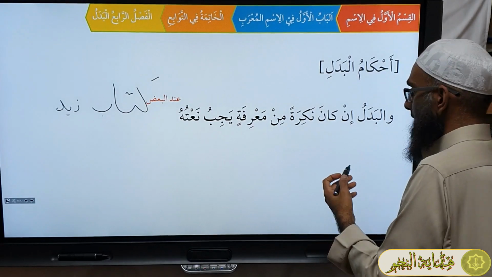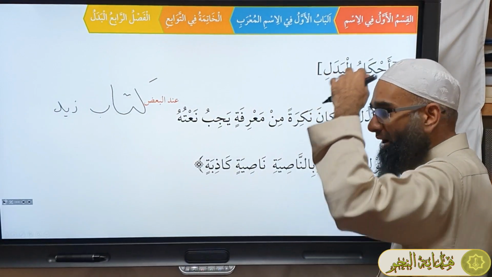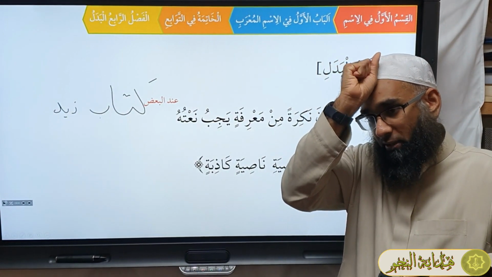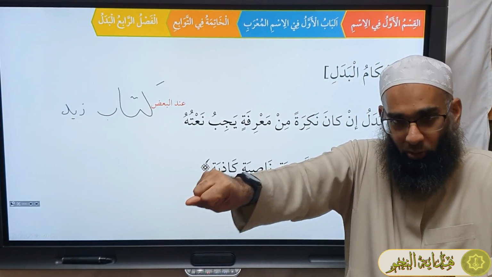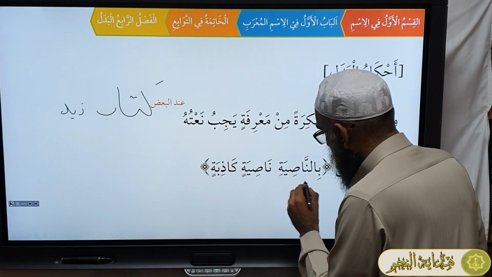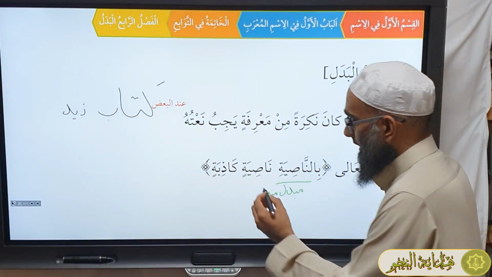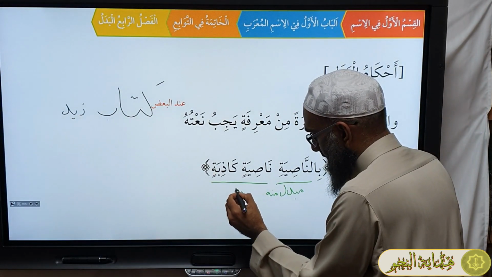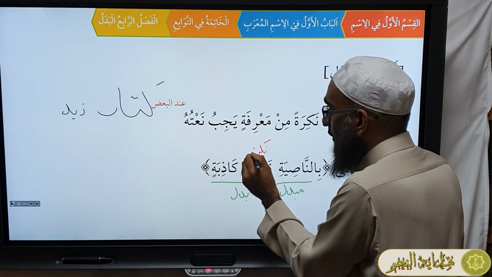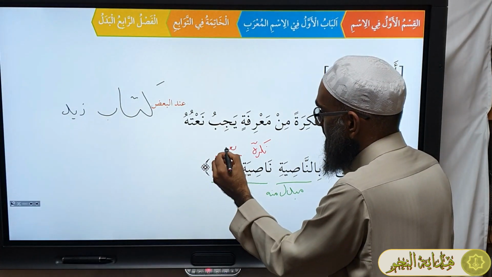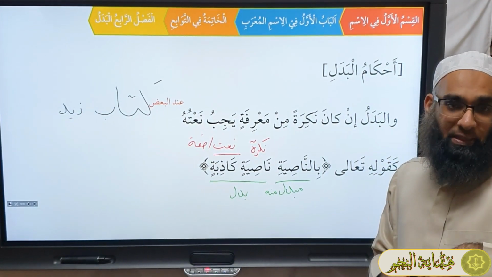So for example here, Allah is addressing us in Surah Al-Alaq. He says, Bin Nasiya. I will hold fast to Nasiya. Nasiya is the forelock, right here. I will hold, and when he says hold the forelock, it means what? Take total control. So because Nasiya is what? Mubdalun Minhu. Yes? This becomes what? The Badal. Is the Badal Ma'rifah or Nakira? It's Nakira. So what do you have to bring according to him? You have to bring what? A nat or a sifa. You have to bring a nat or a sifa. Do you understand? That's what he's saying here.